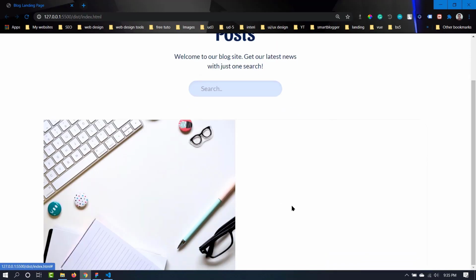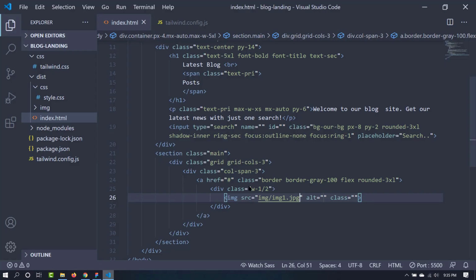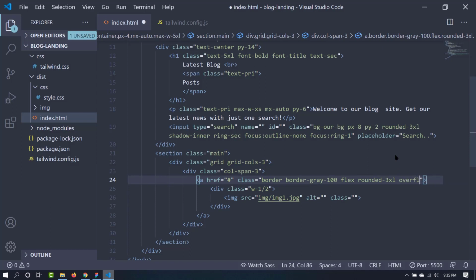Now we need to put the text in here, but as you can see, this is showing a sharp border because we haven't given this image a border radius. We can solve this issue by giving the anchor tag, which is the parent element of this image, a class of overflow hidden.